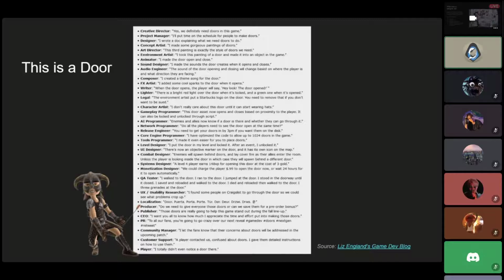It's not just, we need a door. It's, we need a door. If it's multiplayer, can all players walk through it? Is it only the local player that can walk through it? Does it lock in certain situations? Can AI walk through it? Does it make sound? Are we working with a sponsor? Do we need a logo on this door? Do we not need a logo on the door? Do we need instructions for the door? Do we have to translate those instructions? Do we need a heads-up display on the door? There are so many steps. Quality assurance has to come test the door, and they test it in all sorts of crazy ways. They're like, should the companions come through the door?